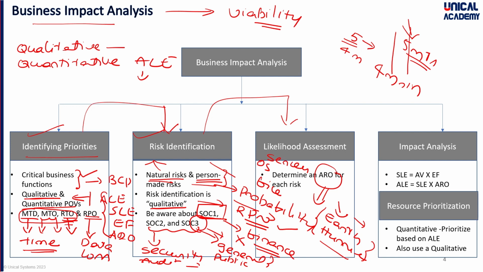ARO, the annualized rate of occurrence of a particular disaster or accident or a risk. Natural risks are one aspect, personnel risks are another aspect. These two should be considered and ARO is calculated for each. After doing that,